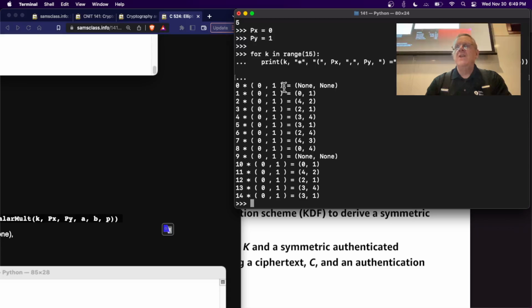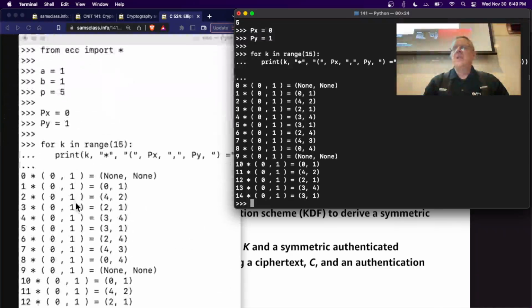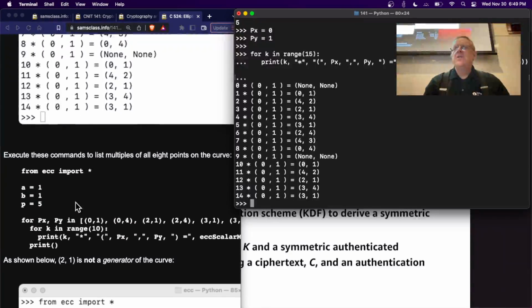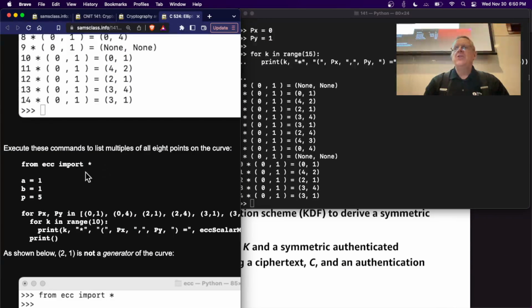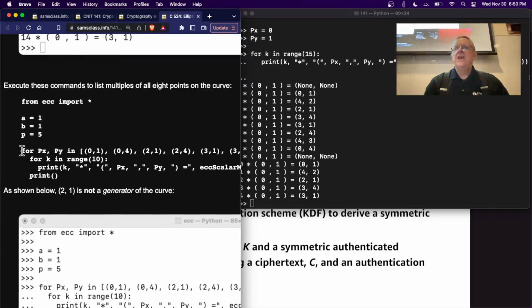This 0, 1, if you multiply by constants, will create every number on the curve. So that's a good property and something we need for cryptography. So now we can do all the multiples of all 8 points on the curve this way. Down here,